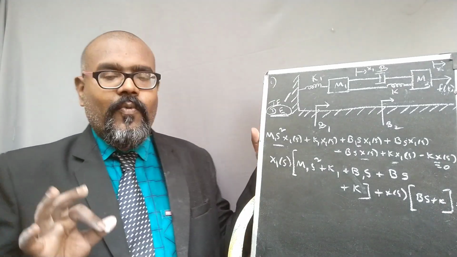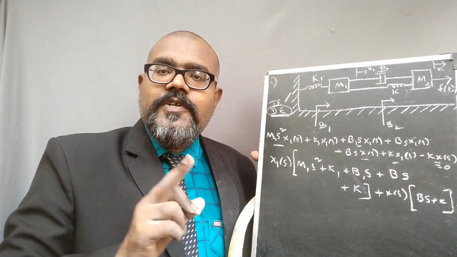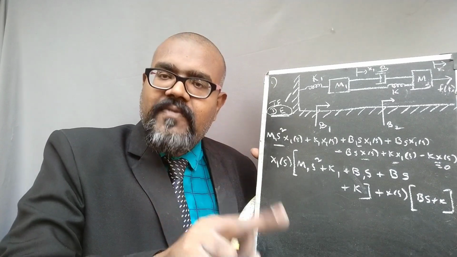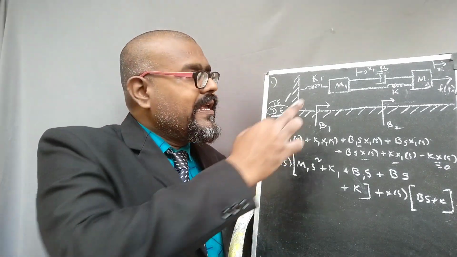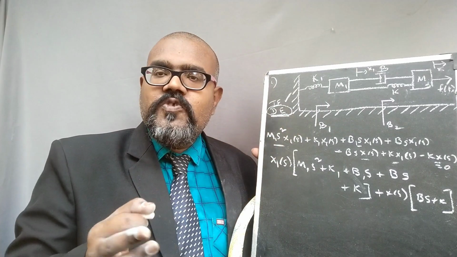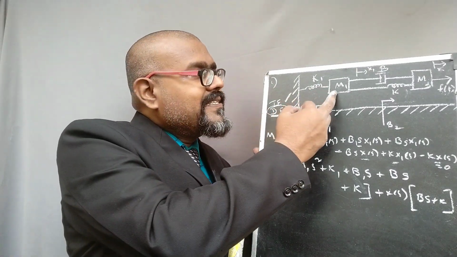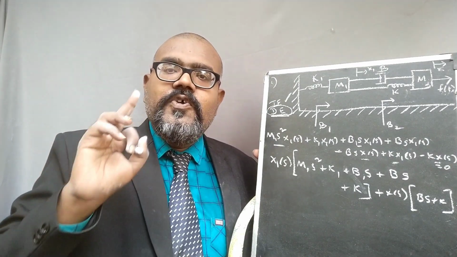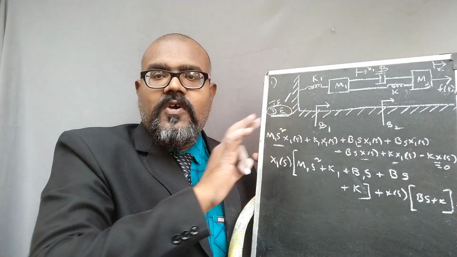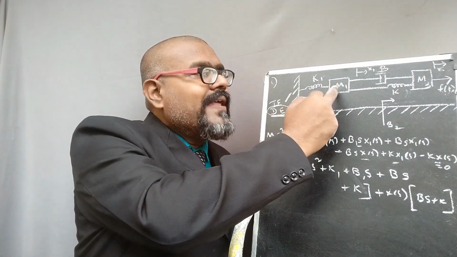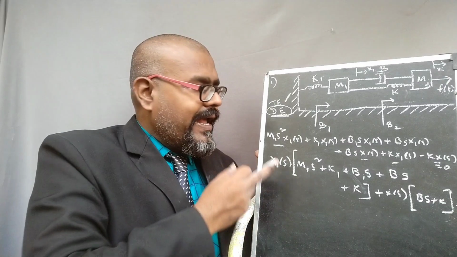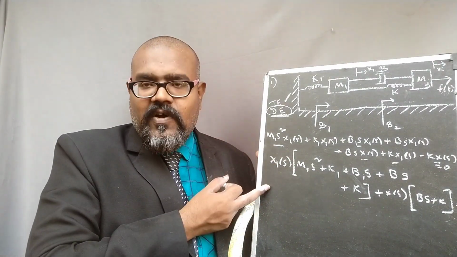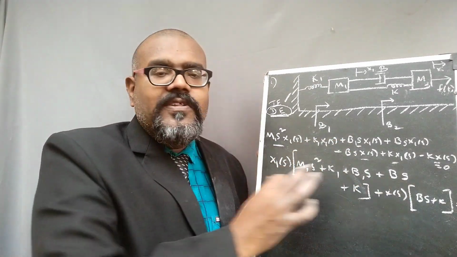So please remember, we are in the situation to calculate the transfer function. For the transfer function we need to find the Laplace transform of output divided by the Laplace transform of input. In the mass m1 we are not supposed to find out the input, because this particular mass does not have any input force, that is applied force, straight away. So here the output is attained, so try to calculate the output variable of this m1. That is what I just simplified this particular equation to this. So just take x1 of s as common and x of s as common, we find out these two variables.